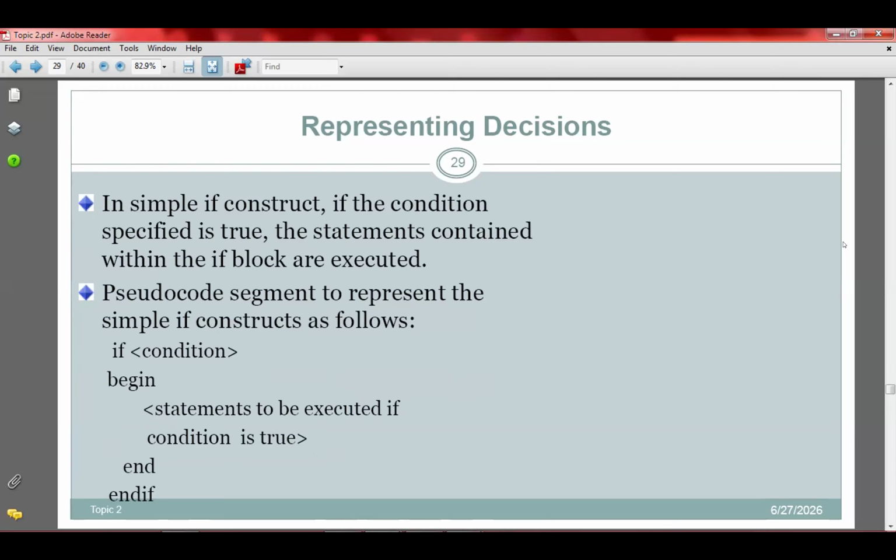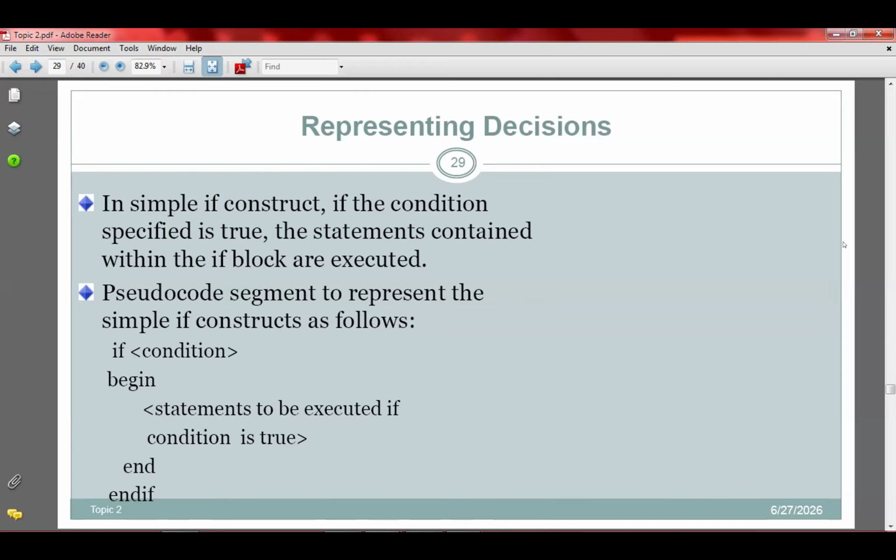So let's look at the simple if construct. The simple if construct is just saying that if a certain condition is true, then the computer should execute this part of a program. If the condition is not true, nothing happens. That is what we call the simple if. I've displayed some syntax on the screen for you to see. The simple if construct says that if a condition is true, then the computer should execute a certain set of instructions. However, if the condition is not true, then nothing happens.